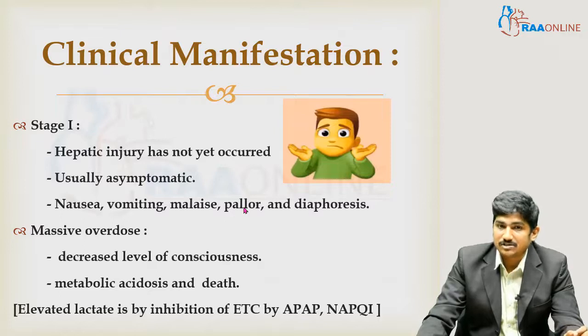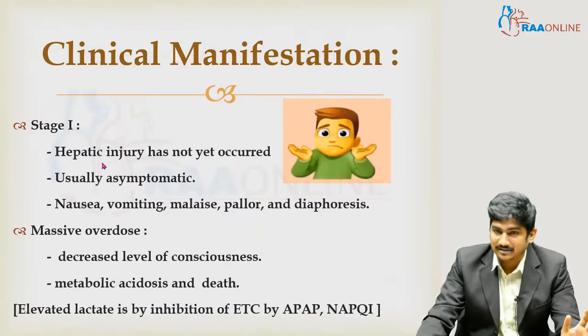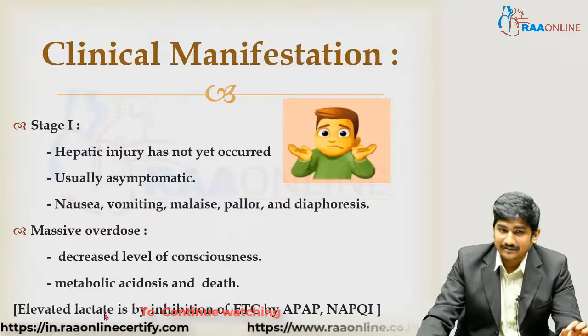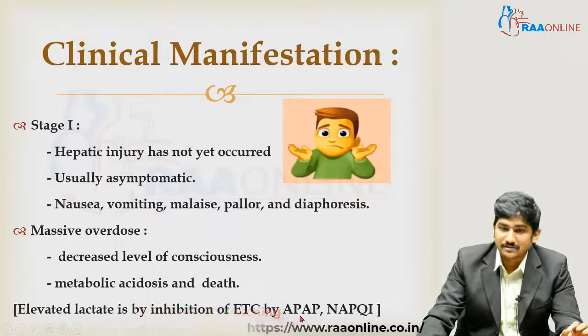But if your patient has consumed a massive overdose, even without evidence of hepatic injury, patients can have decreased level of consciousness, metabolic acidosis, and even death because of acidosis itself, without any hepatic injury, even in stage 1. So why is this put particularly in stage 1? Stage 1 is specifically without any hepatic injury, okay? So I'm emphasizing the fact that without hepatic injury, in heavy dose paracetamol poisoning, a patient can even die just because of metabolic acidosis. This is because of elevated lactate, which is caused by the inhibition of the electron transport chain directly by this APAP, which is paracetamol, or its metabolite,